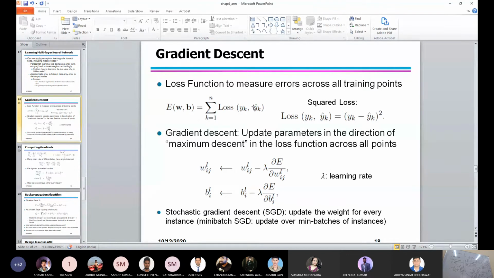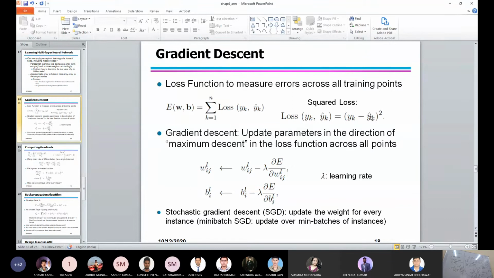So now, what is loss? How do we measure the loss? In the earlier example, we simply subtracted the predicted value from the actual value. But there is a different way we can measure the loss. One more way of measuring the loss is the squared loss. What is squared loss? This is the actual value minus the predicted value, squared. And the predicted value, earlier also we found, is the sum over all the weights, and then you take the activation function. Here in this example, again I will come back to the board.